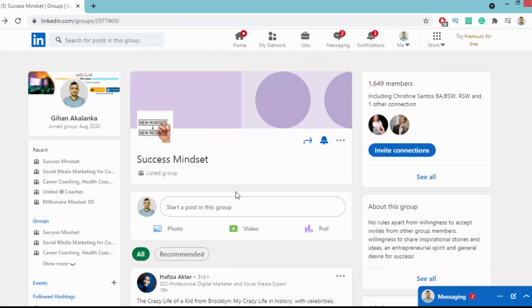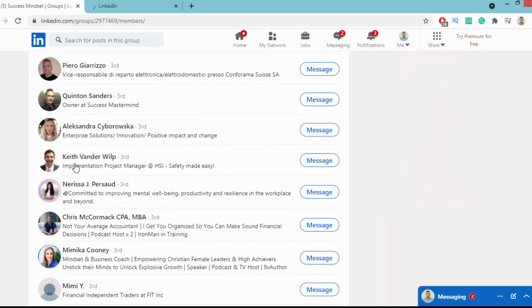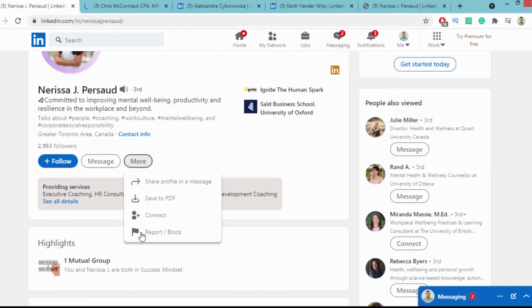Then when your request is accepted by the admin of that group, you can see the group. So now I am at the group called Success Mindset. When you go to that group, you can see the members of that group. You can click on this see all button. Those members are all interested in personal development. So you can open those members' profiles in new tabs like this. Then you can click on this more button and click